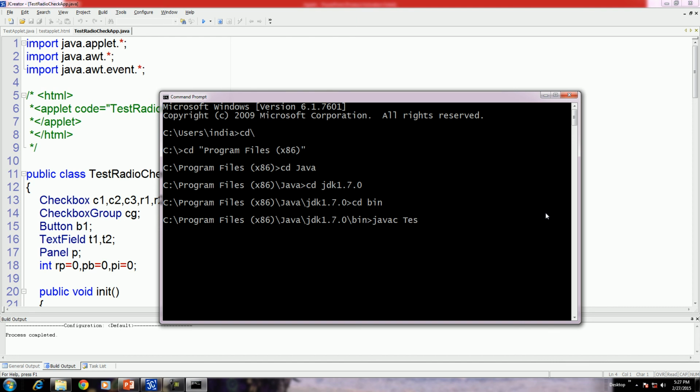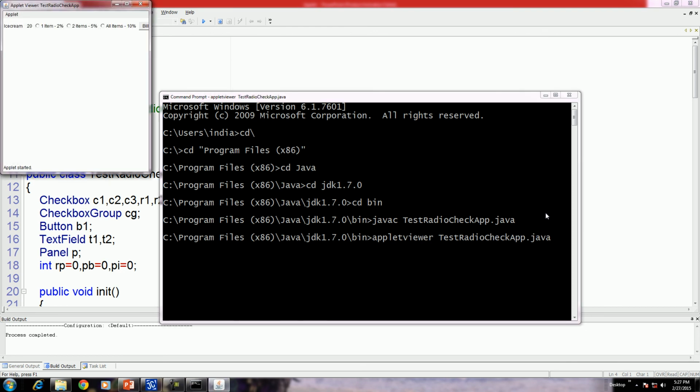The name of the program is TestRadioCheckApp.java. Now our program includes the HTML code. Therefore, you have to run this program using the appletviewer command. Give the same name as for javac. After that, write the command appletviewer. Here is the output of your program.